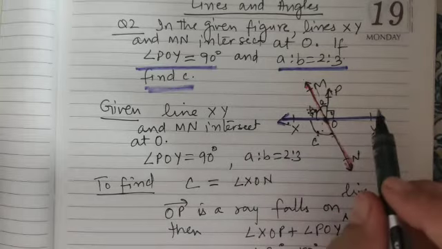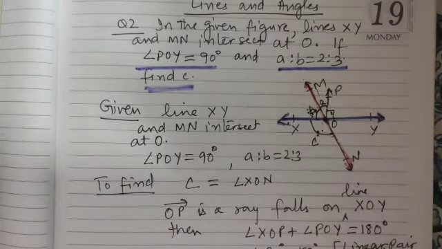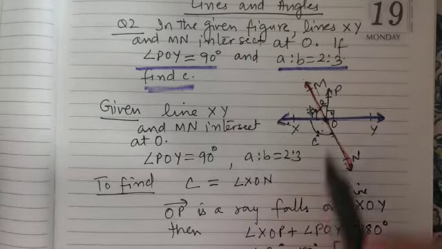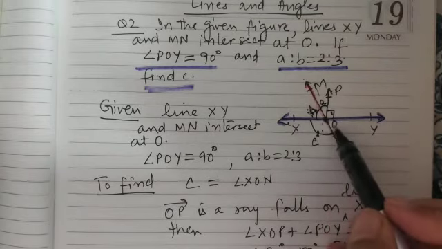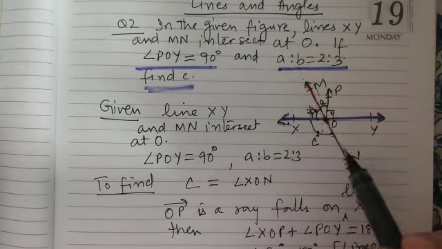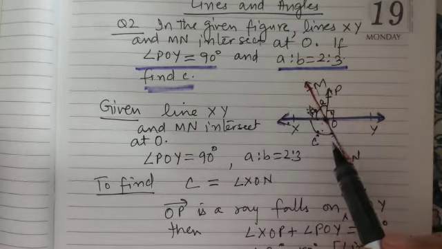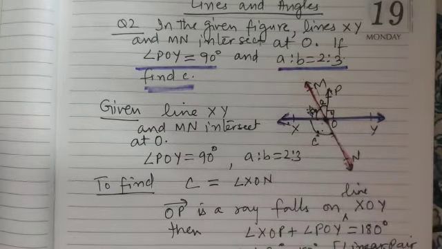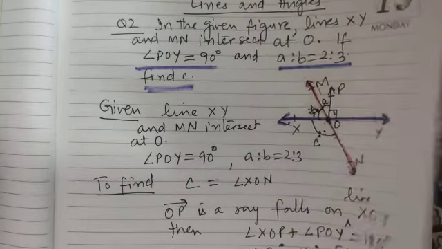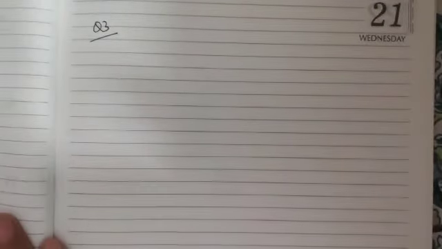I hope the process is clear to you. Always see that in mathematics we have a set of vocabulary, we have a set of concepts and processes, and then we apply them. So here we have used a specific process in which we have used the concept of linear pair axiom, right? I think this question is clear to you. Let us now do question number 3 of the book.